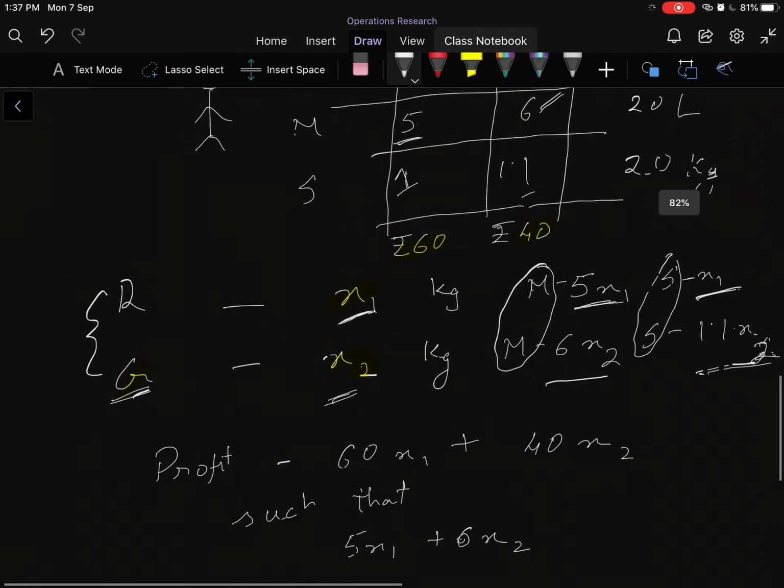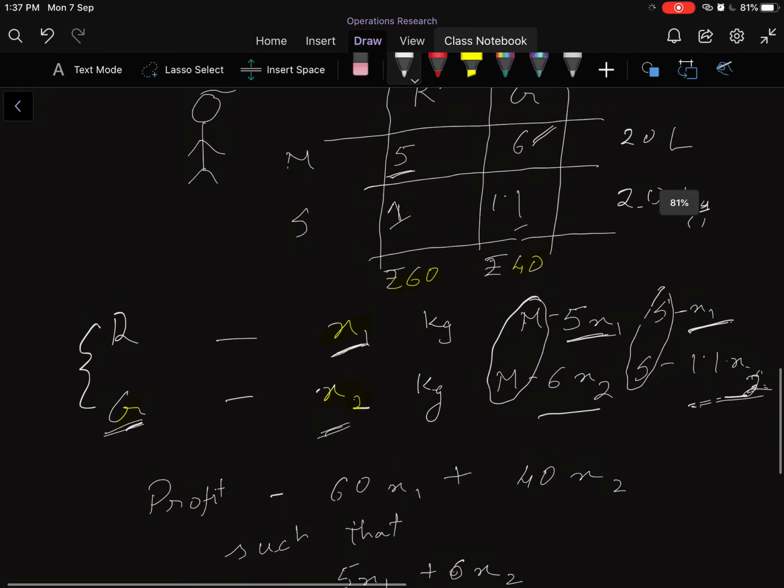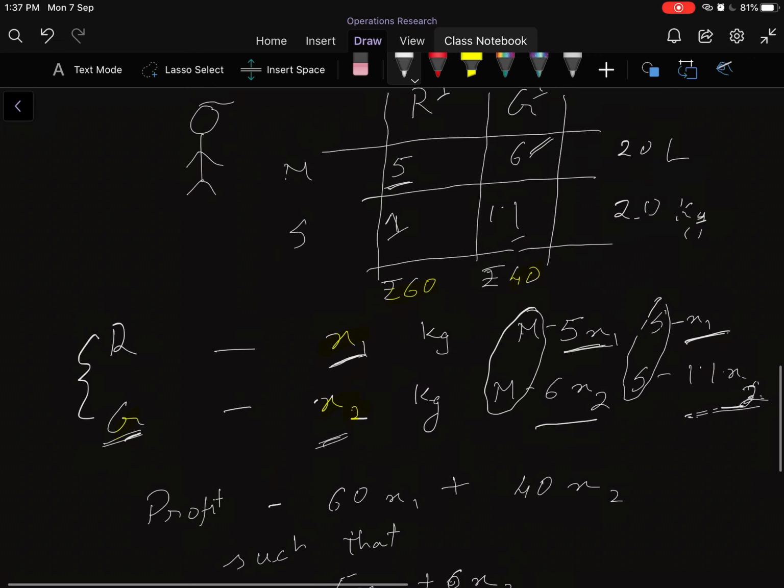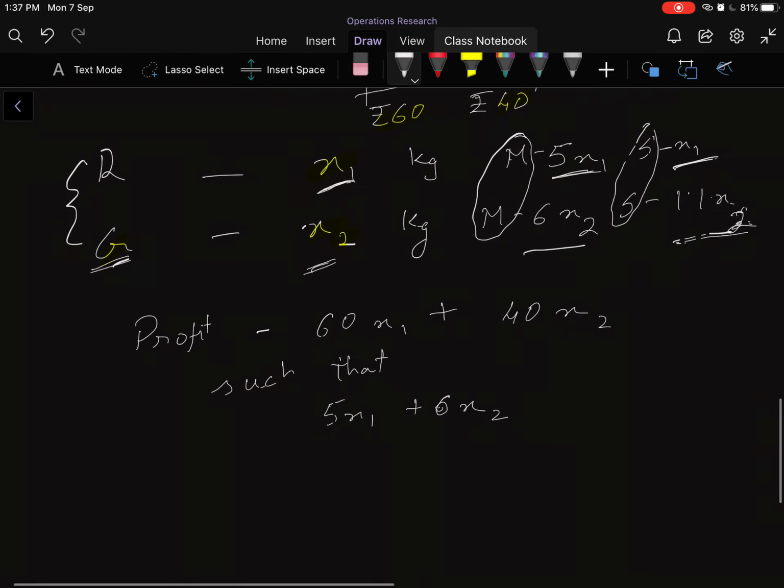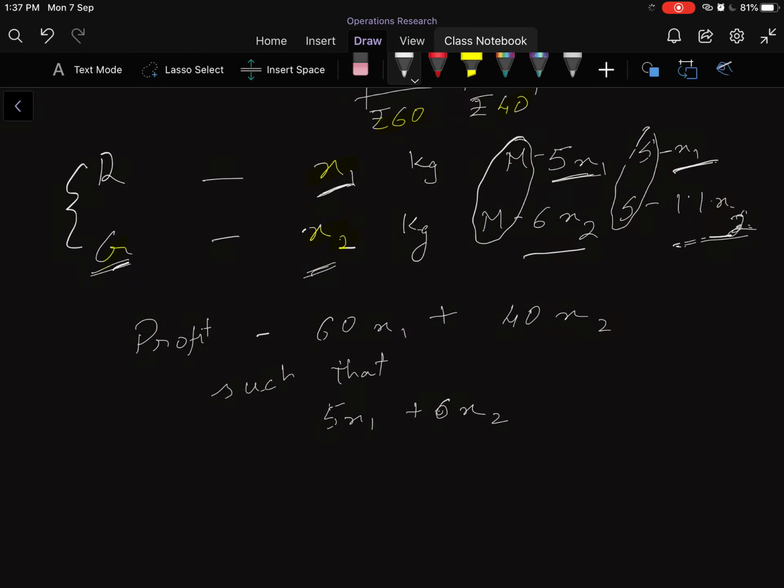Now see, the total amount of milk that is available is 20 liters. Therefore, his total consumption, that is 5x1 plus 6x2,